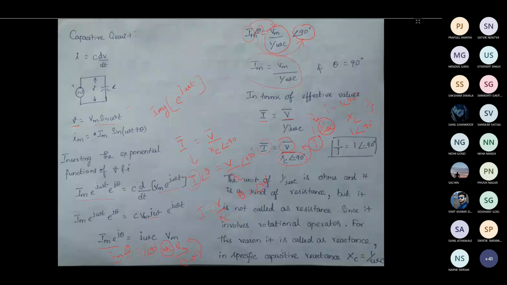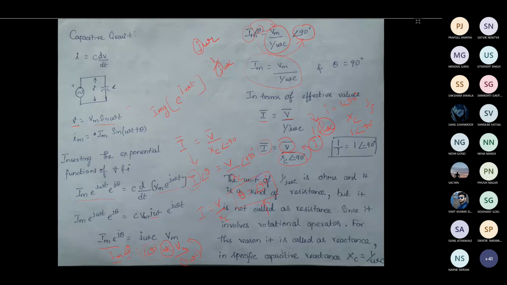Okay, when we started with the resistive circuit, that time the angle was 0 degree. When we saw the inductive circuit, the angle was minus 90 degree, and when we saw the capacitive circuit, we got the angle as plus 90 degree. So where is this angle coming from? If you see, the angle is coming only from the j omega term. For the inductive circuit, we had j omega L. For the capacitive circuit, we got 1 by j omega C. So because of this rotating operator only, we are going to get this angle.